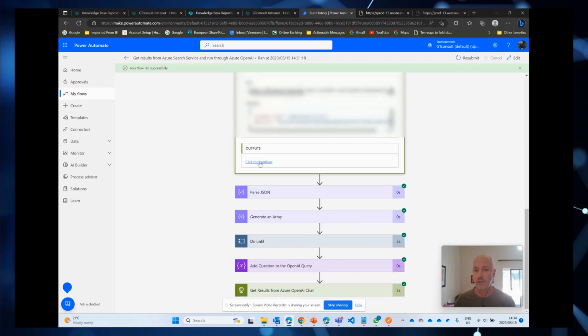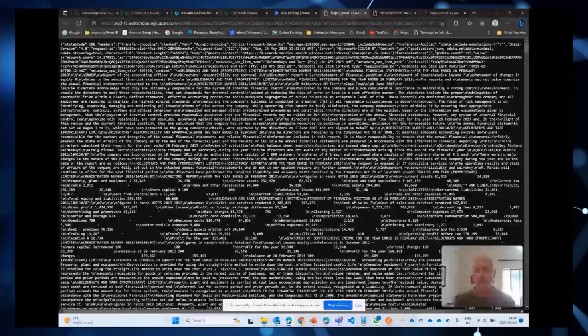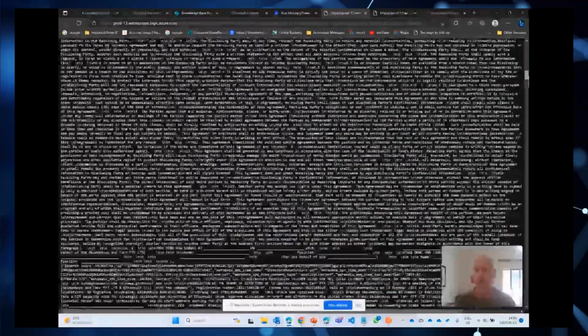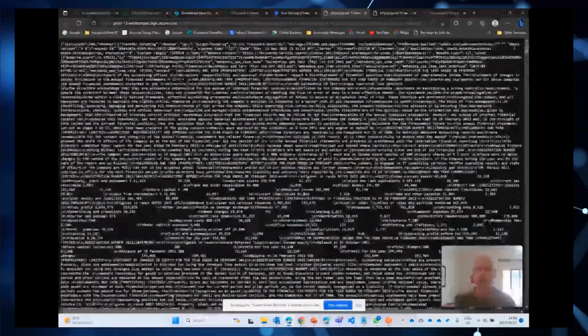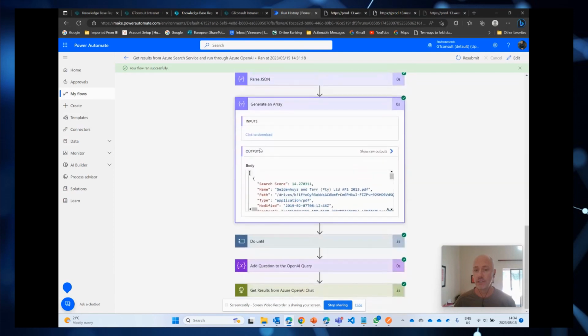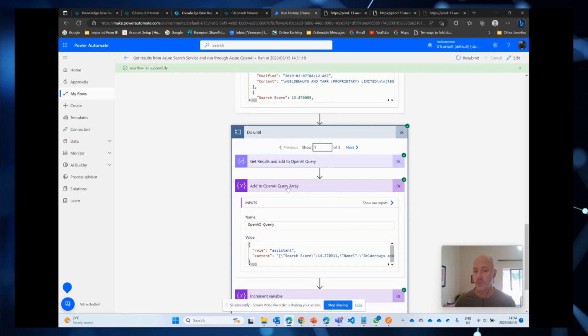So if we go and have a look at those results, we can see all of the data that has been brought back in terms of documents and questions and all the rest, but it's an absolute nightmare to read. So that is why we parse the data in JSON and then generate an array with any of the data, including the document's name, where it lives, what the application type is, including the content of the document. It then runs through a do until loop